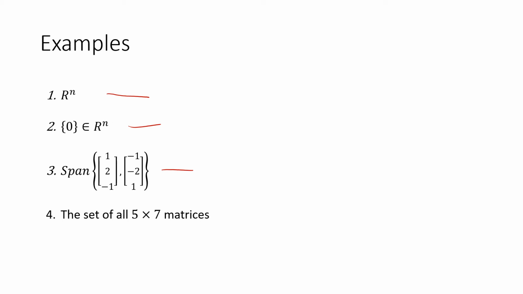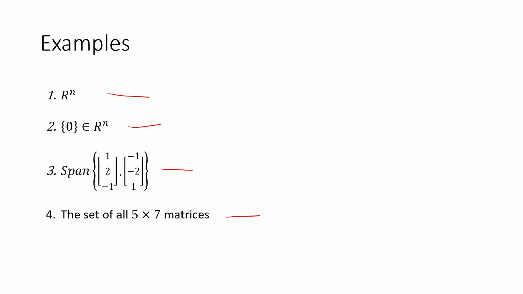Now, this last one might be something that you haven't thought about before. When we've talked about vectors up to this point, we've talked about them in the context of being a column, this tower of numbers, an n by 1 matrix. If you look at all of the matrices of a given size, that is also a vector space. Each matrix individually is a vector. You take those 10 properties in that definition, you apply it to the set of all matrices that are 5 by 7,